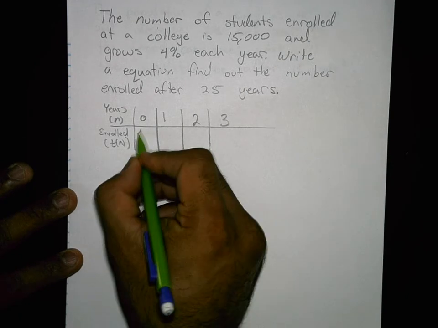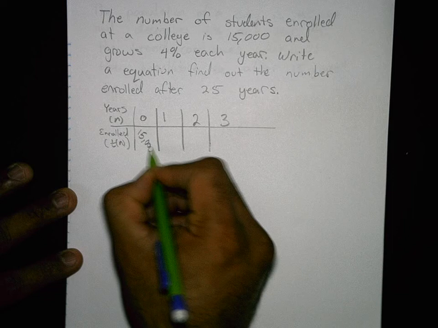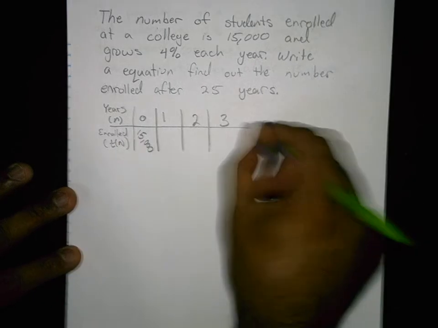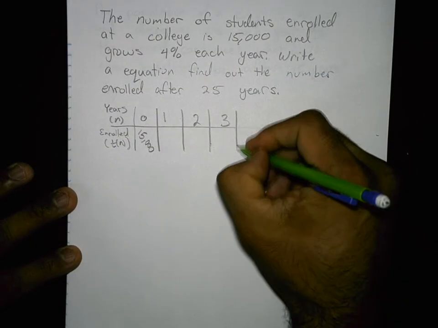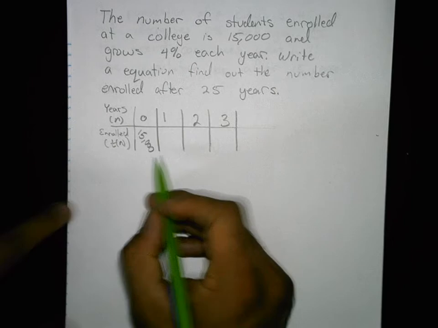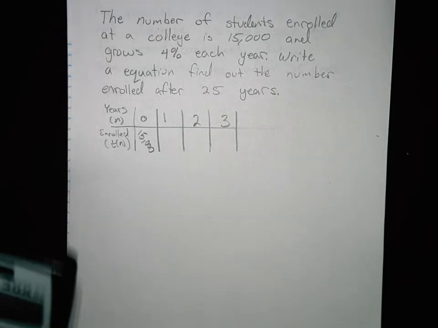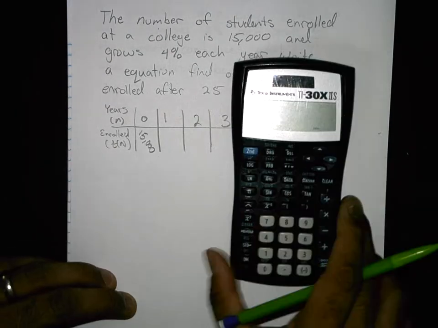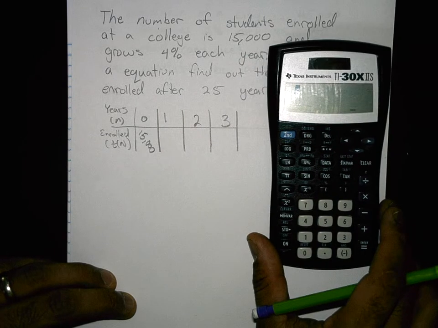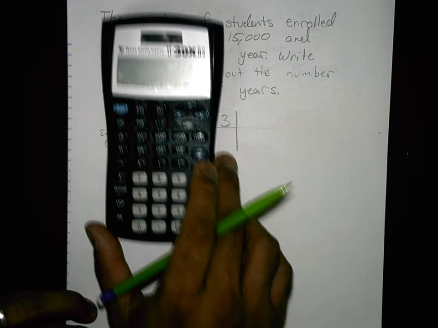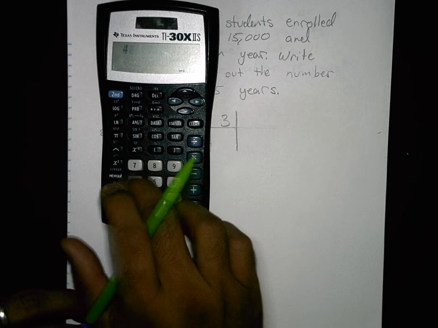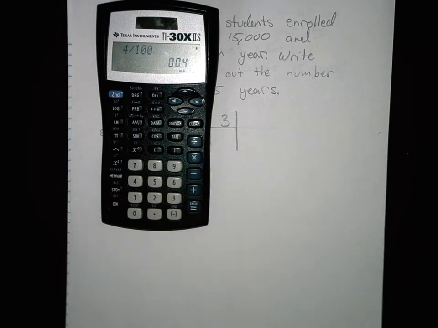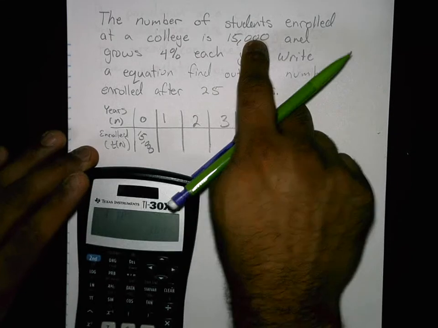So I start with 15,000. And I'm going to increase by 4% a year. So I'm going to figure out what 4% is, and you can turn that into a decimal. The easiest way to do that is, remember that percents are out of 100. So I'm going to take 4% divided by 100, and that's 0.04. Or some of you guys kind of move 2 decimal places over, right? But there you go, 0.04. So 0.04 times 15,000